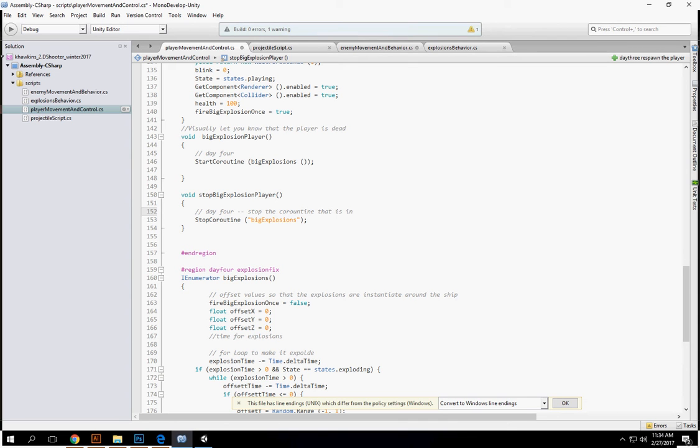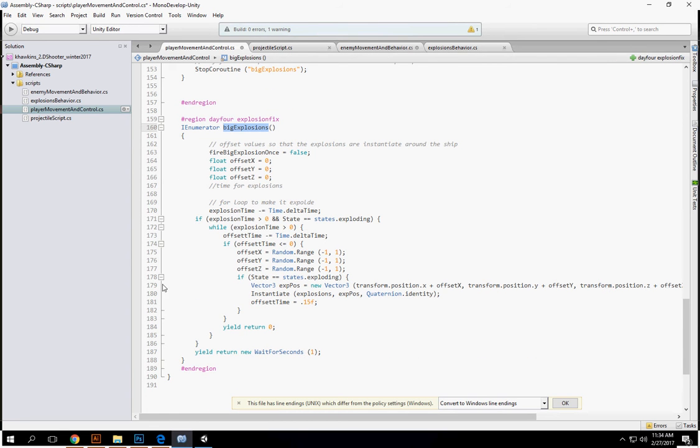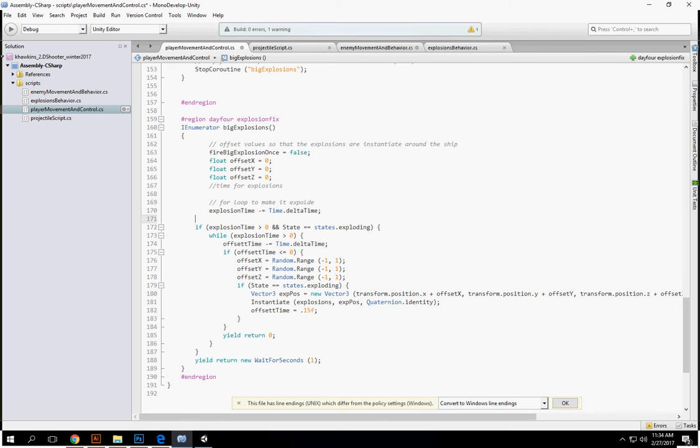that is listed in the past parameters, which is this one right here. What we end up doing here is we are using a time and state to stop the explosions. Here, and I think we've already had this cycles through